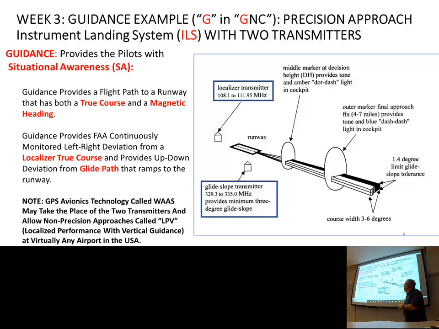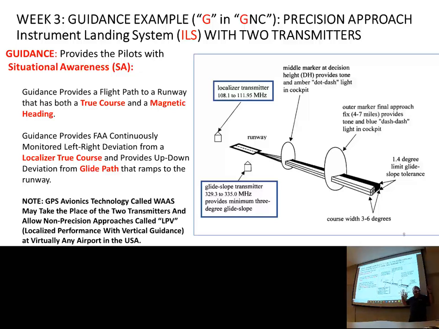There's also a second transmitter called a glide slope. The glide slope transmitter has its own set of frequencies. So you dial that in, and it tells you whether you're above or below a desired glide path angle, which is normally around 3.5 degrees or so. If you dial in both these frequencies, you'll get the bars, and you can fly right down this,